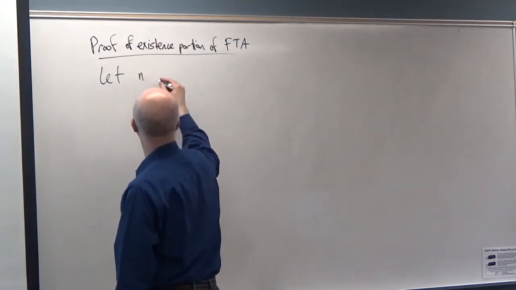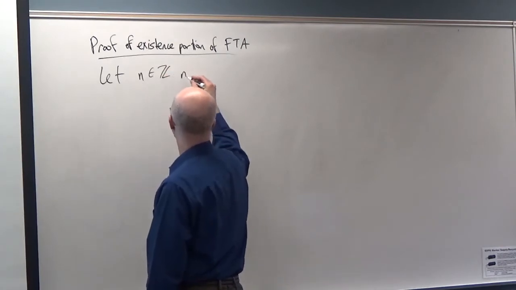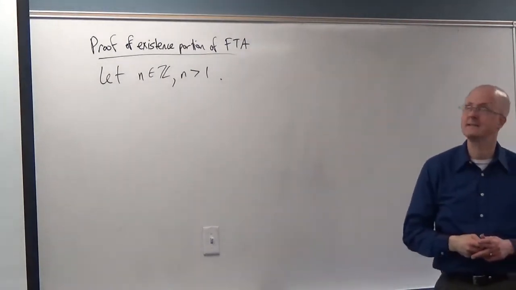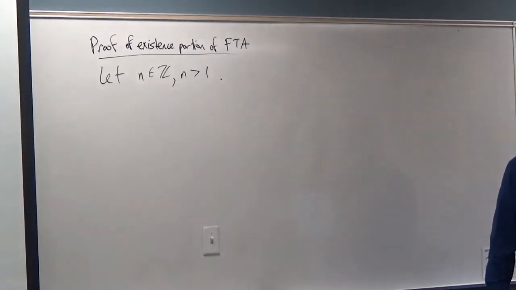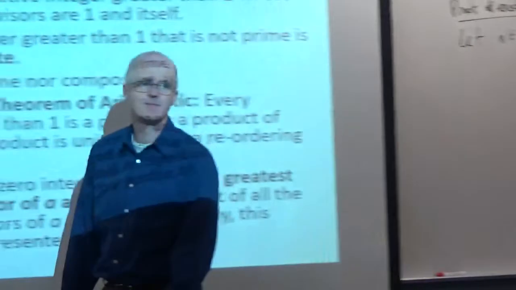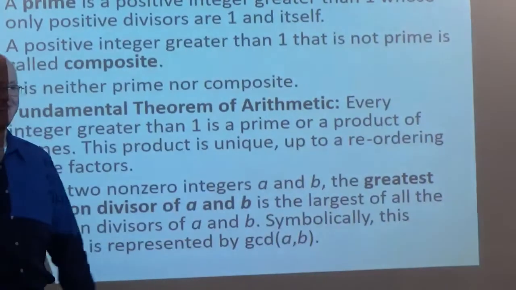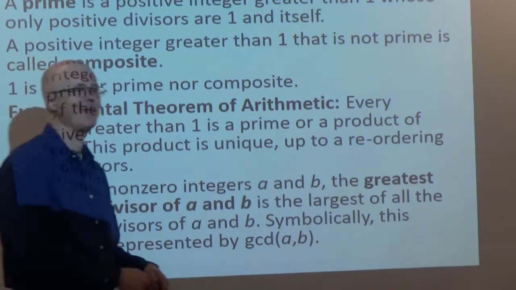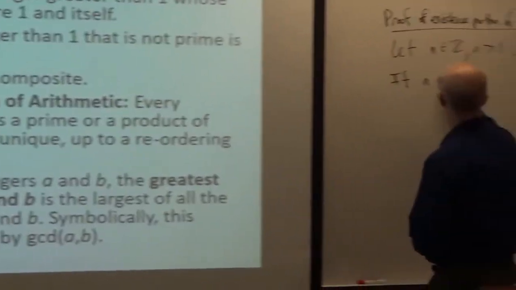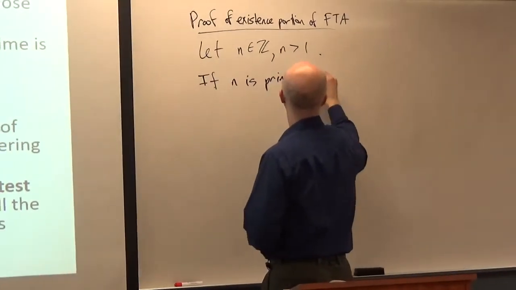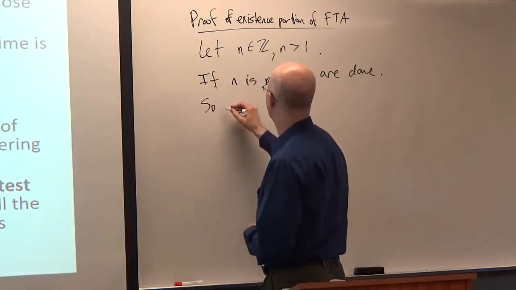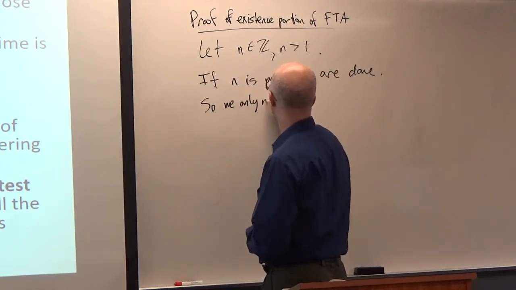You could say, let n be an integer greater than 1. By the existence portion of the Fundamental Theorem of Arithmetic, I need to show that it's either prime or a product of primes. Well, if it's a prime, we're done. So assume it's not a prime. If n is prime, we are done. So we only consider the case